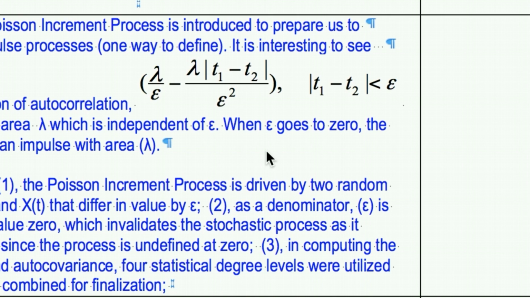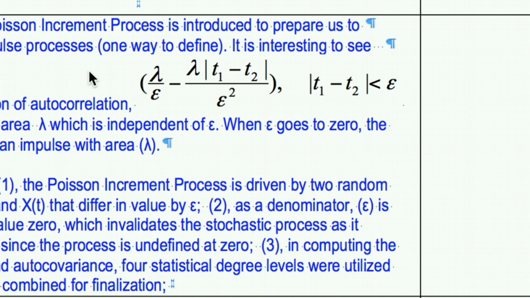This is a continuation of part 2 of assignment 10, problem 1, discussions. Well, this Poisson increment process introduces us to define Poisson impulse processes. Actually, it's one way to define them. It is interesting to see